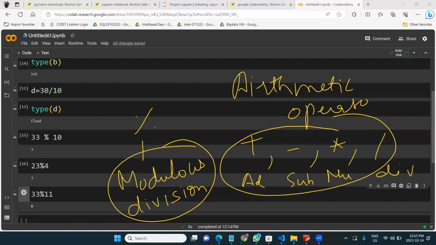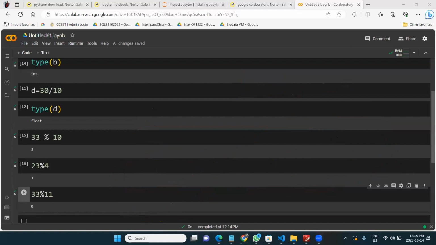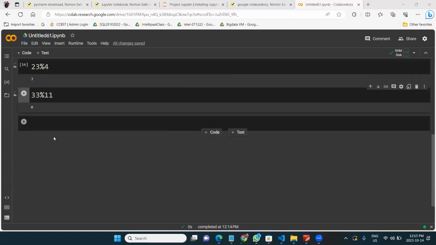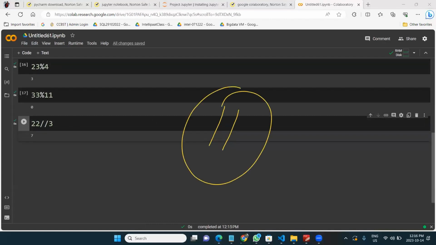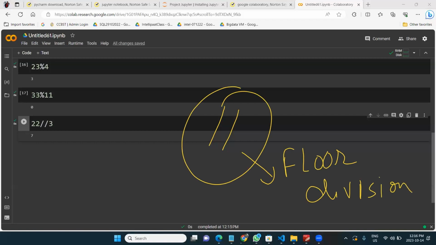And one more operator I want to discuss. Let's say 22 divided by 3. So look at this. So this is called floor division, guys. Floor division. So when you use two slashes like this, it is called floor division. What is the meaning of floor division, guys? I'm going to explain it. The meaning of floor division is,